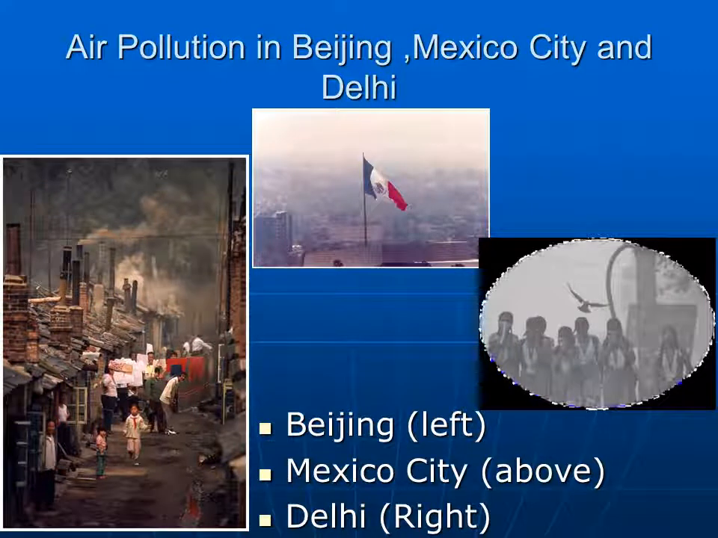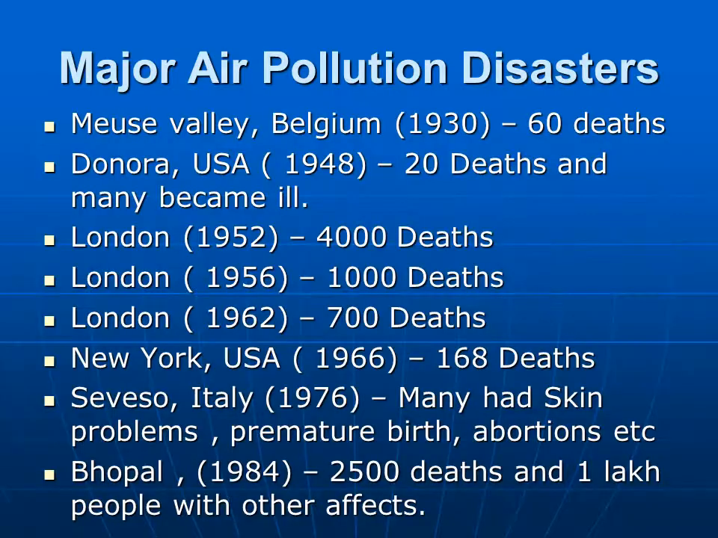The air pollution in Beijing, Mexico City and Delhi due to the photochemical smog is shown in the figure. The major air pollution disasters include Meuse Valley, Belgium in 1930 which caused 60 deaths, Donora, USA in 1948 caused 20 deaths and many became ill, London 1952 400 deaths, in London again 1956 1000 deaths, London in 1962 700 deaths,